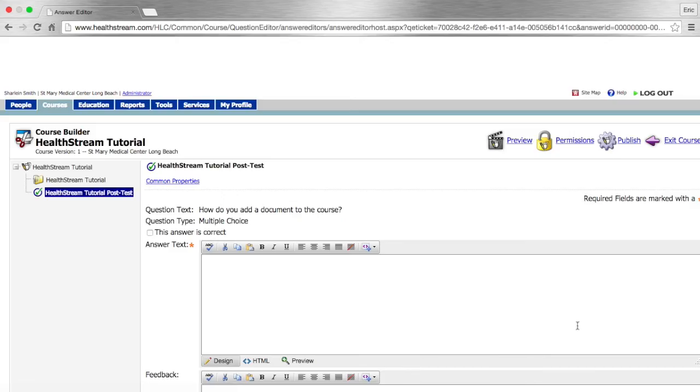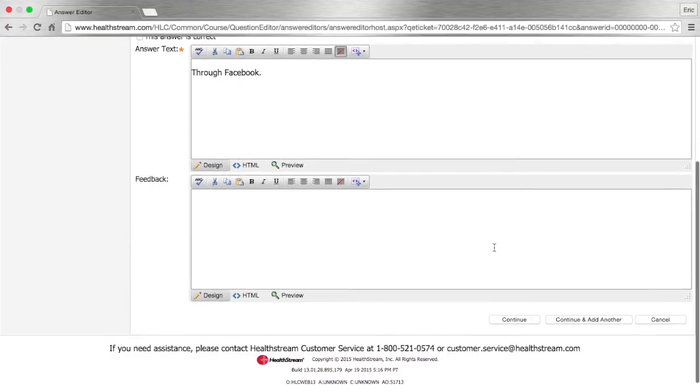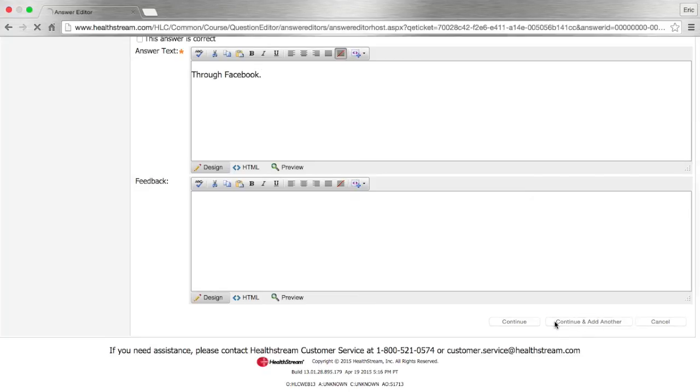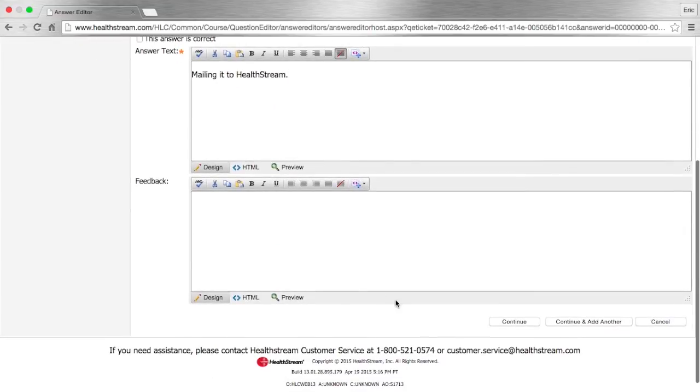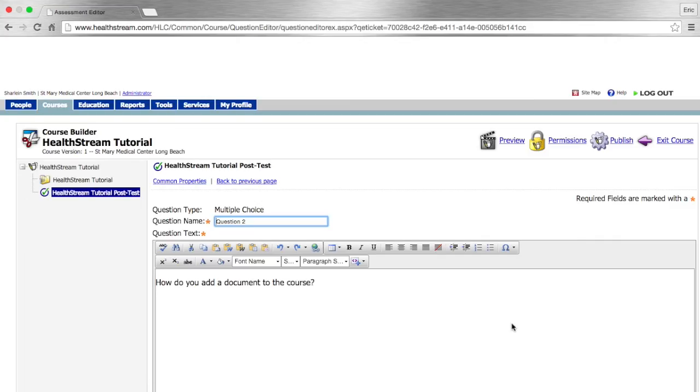And you can add as many answer options as you'd like. Again, you may continue and add as many as you'd like, or you can just click continue and it'll show you the overview of that specific